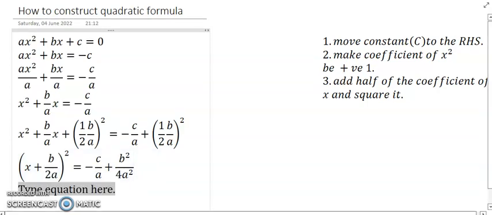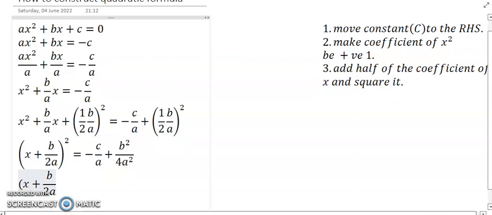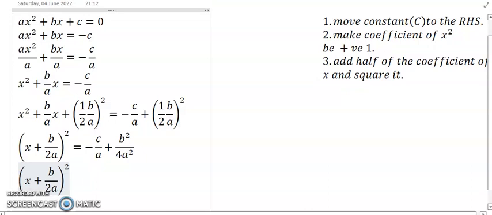Okay guys, let's just recopy this. X plus b over 2a to the power 2. Then if we copy that, we will have x plus b over 2a whole squared equal to,